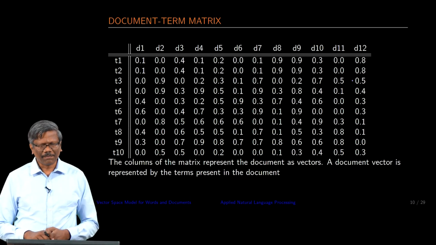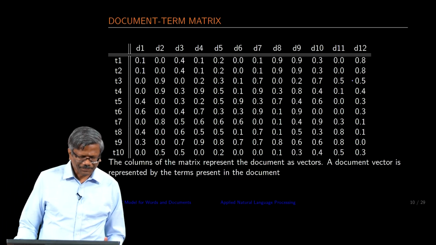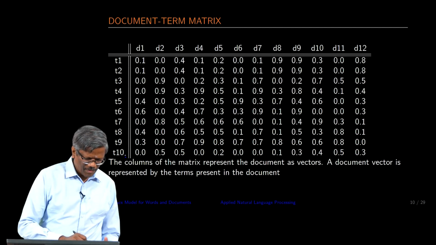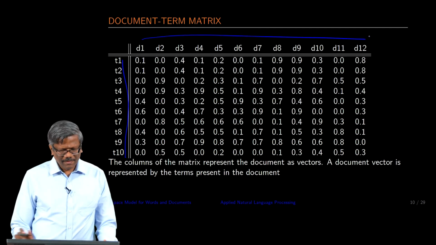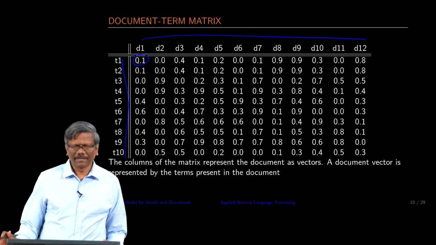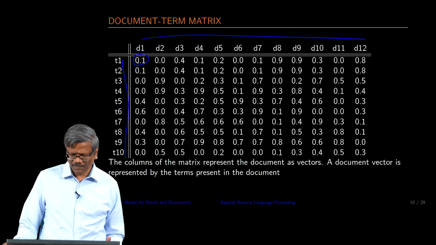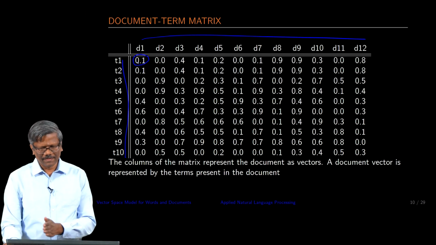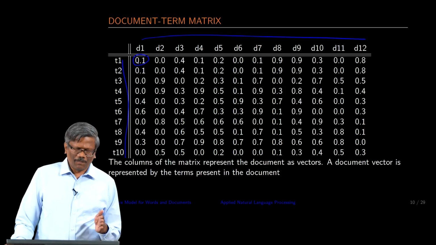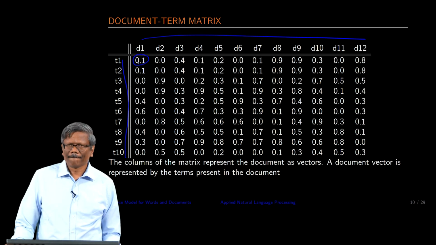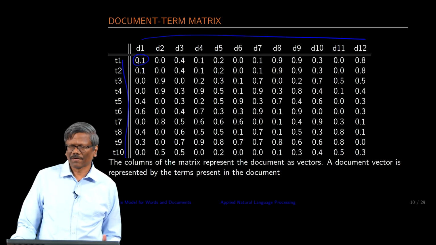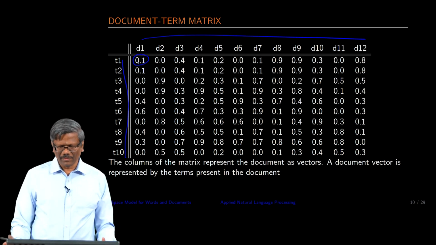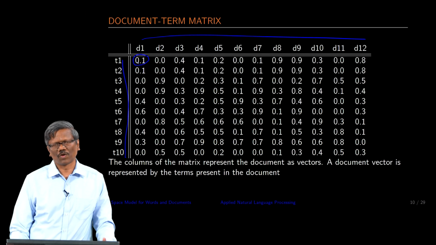So, now take a bigger example where we have about 10 terms and about 12 documents. Every element in this matrix represents our TF IDF. What we are going to do is look at this and try to find out which document is closer to the other one. This is a very important exercise in information retrieval, at least for document sets which are not very huge. So, we can actually use this if the document set is very small.